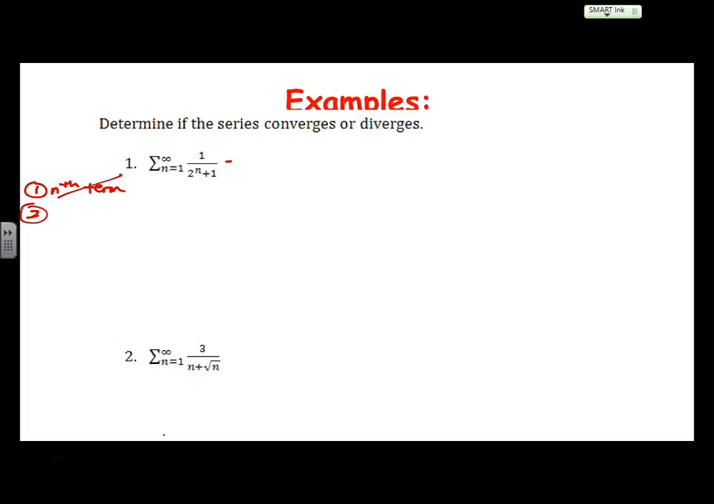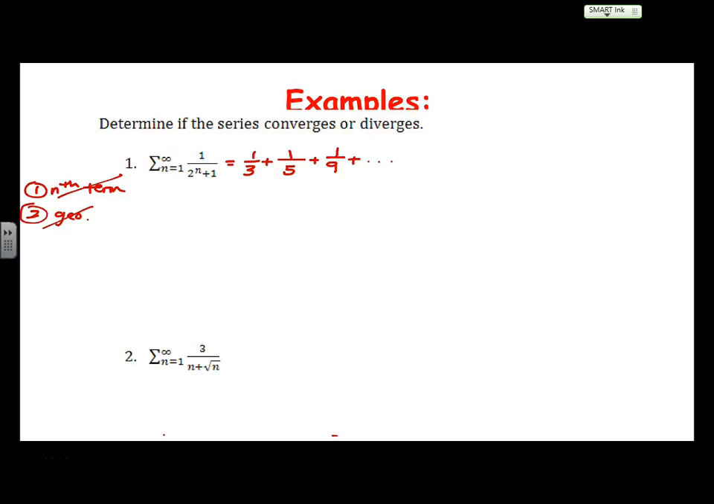Number 2, geometric. But let's get the first few terms just in case, so we can see what's going on for some of the future terms. So plugging in 1, plugging in 2, plugging in 3. Okay, we know it's not geometric, right? So forget him. How about